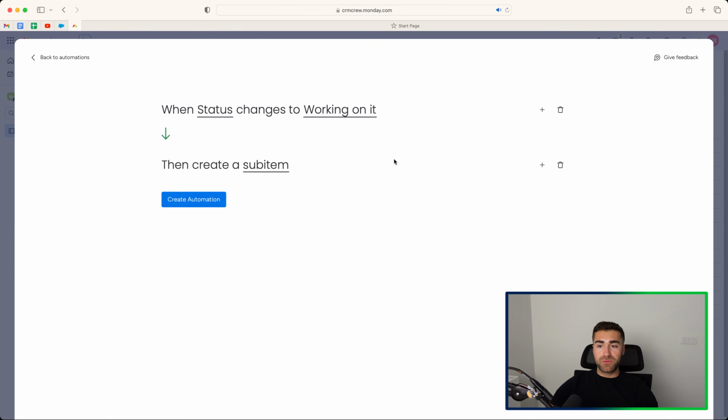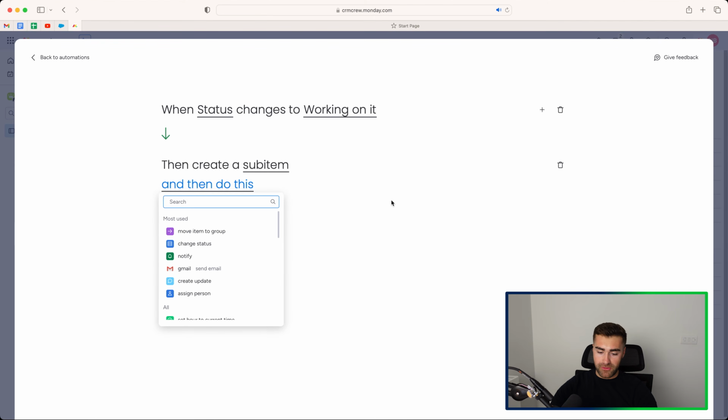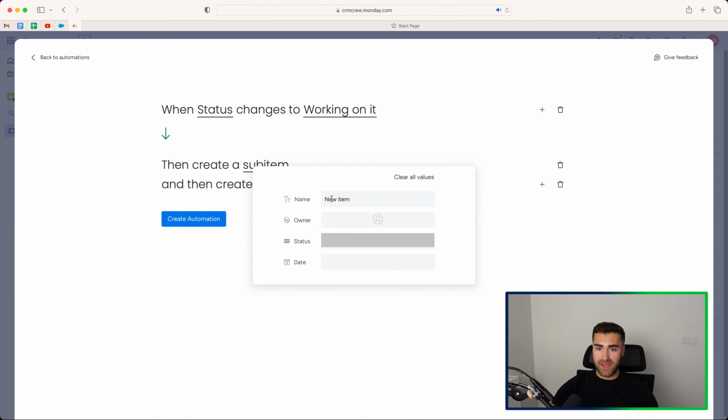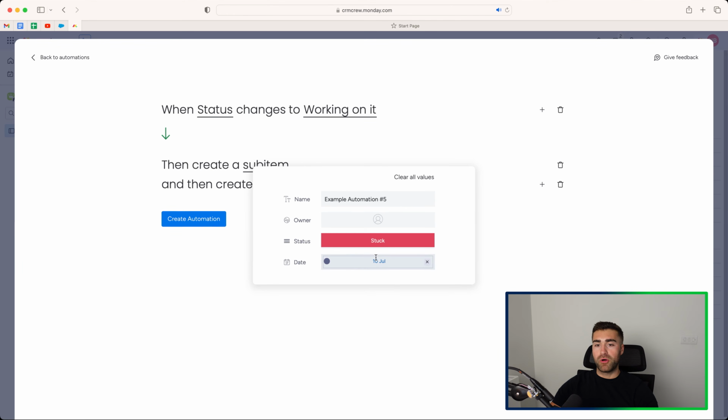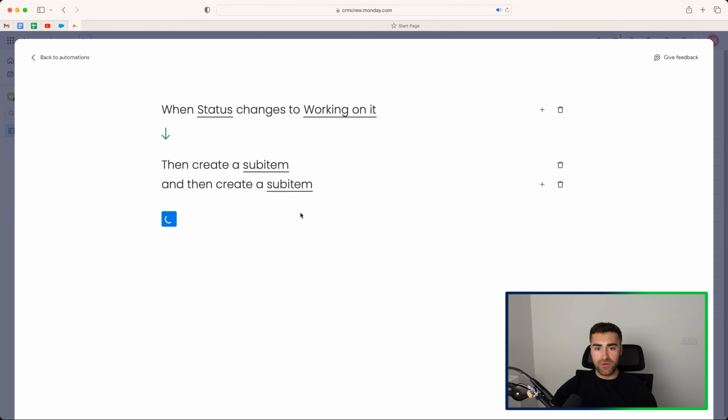The other beauty of this is we can create multiple sub items. So if I just write in sub item again and then go ahead and select that and just put example automation number 5, and then again I can select the owner, I can select the status. Let's say on this one I want to select stuck, and I could select the date, but it's always going to populate as 10th of July. It's never going to be 10th of July plus 10 days. You can't write that automation like I mentioned. Okay, and then you can go ahead and create the automation,